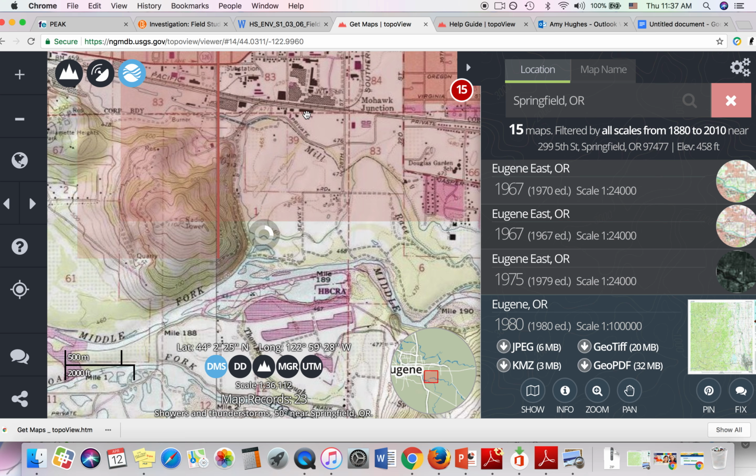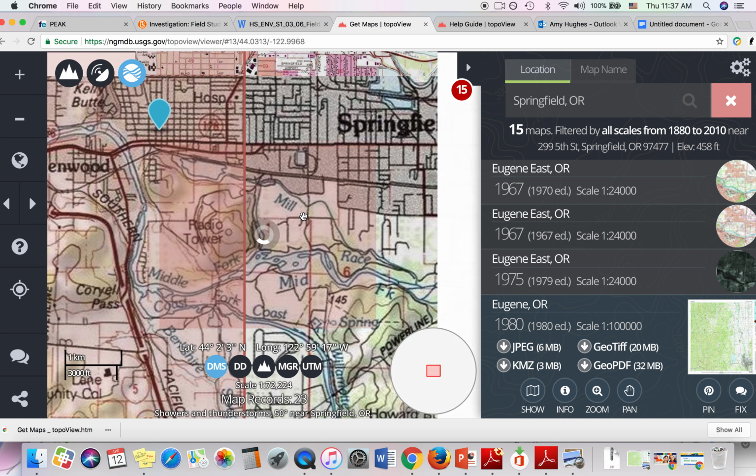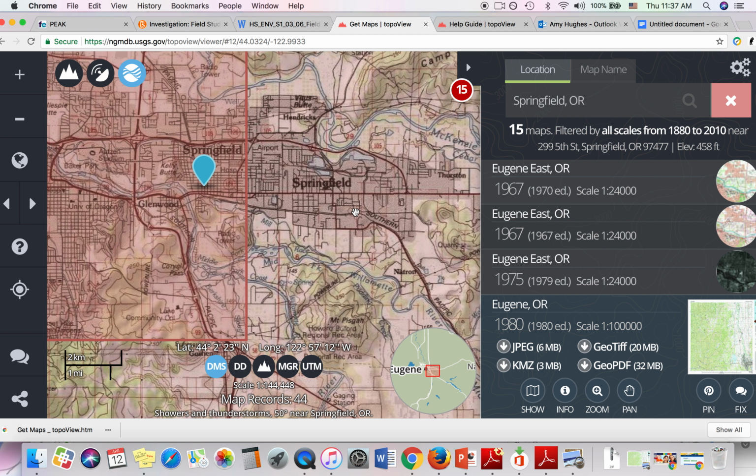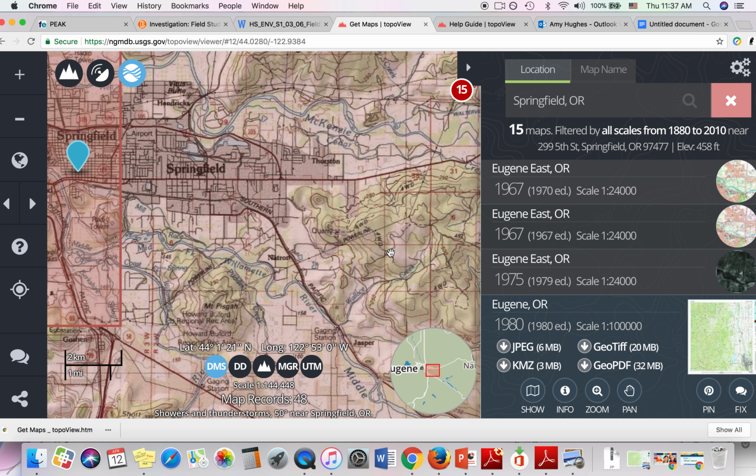So if you're living on this hill right here, let's say, on the side of the hill, your water would flow down this way, and then you can see there's these littler creeks here that eventually flow into the Willamette. And so if you're living in the flats, then it's either going to flow over to this part and hit the middle fork of the Willamette, or go over into the McKenzie. If you're living closer to the McKenzie River, it's probably going to go that way into the McKenzie. If you live on this hill over here, let's say